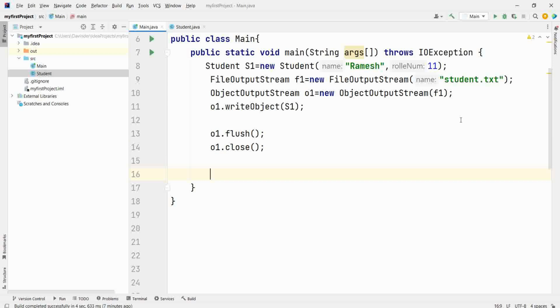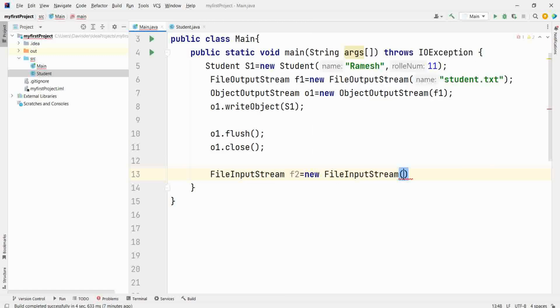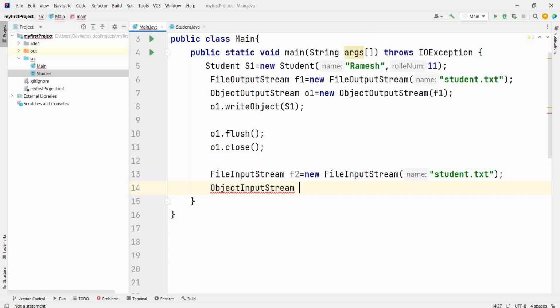Now, at any later stage when you want to retrieve that file, how to retrieve it? FileInputStream. Now, similarly, like ObjectOutputStream, you will use ObjectInputStream.